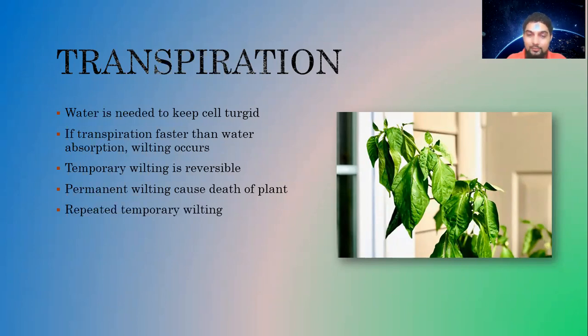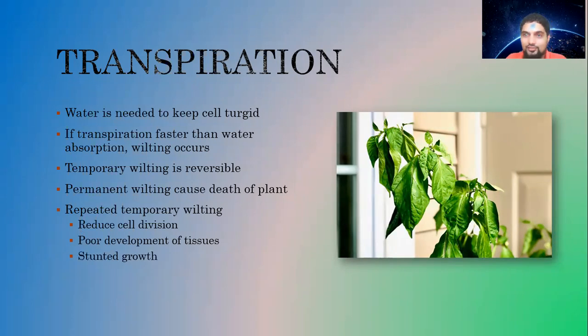Repeated temporary wilting will cause reduced cell division. This plant will not divide cells. And cell division is important for the formation of new parts, for formation of stem, for the growth of the plant generally. So the plant will not be growing properly. Poor development of tissues. Well, if the cells do not divide, new tissues cannot form. And stunted growth. The plant will not grow properly,